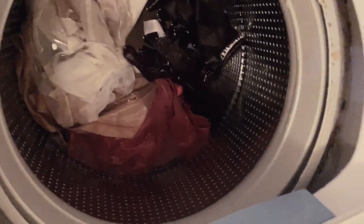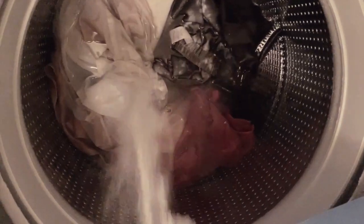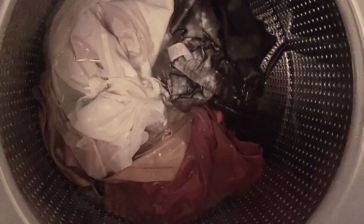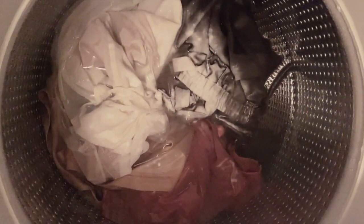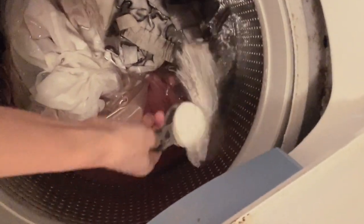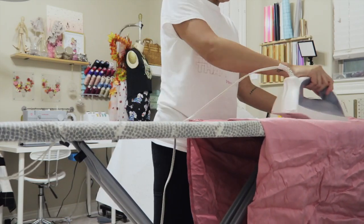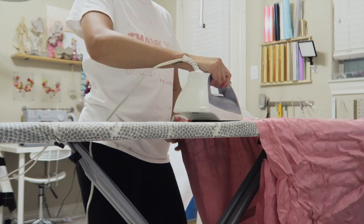Okay, here's a quick tip. If you buy thrifted clothing and you notice there's a smell, because sometimes there is, you should soak the clothes for about 30 minutes in your laundry if you have the soaking setting, and throw in about a cup of baking soda. It eliminates the odor. I don't actually put this in the dryer. I let everything air dry,